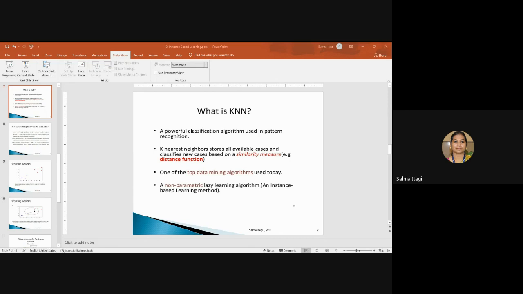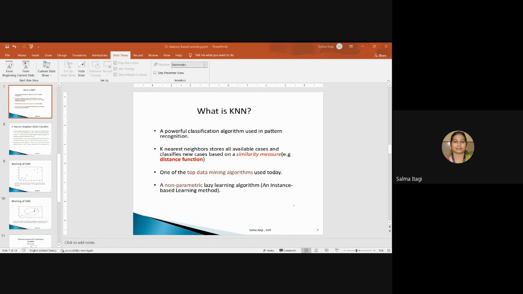With k value 3, three data points are selected in a circular manner, and using the majority voting concept, the algorithm classifies the black dot as belonging to the red class. Using distance measures, you can find the similarity: Euclidean distance, the root of the summation of xi minus yi the whole square, Manhattan distance, Minkowski distance.